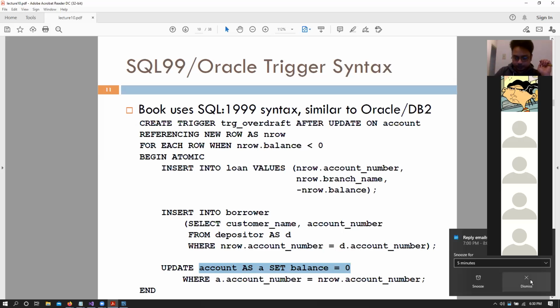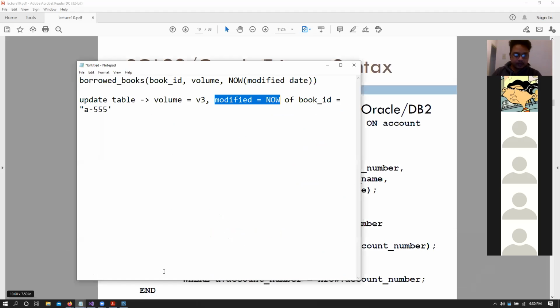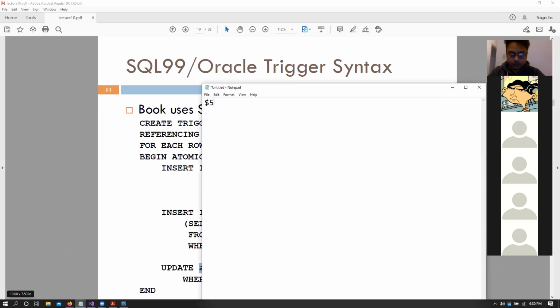Why can it not be zero? My account balance is zero because, basically what I'm saying is, I had $5. I withdrew $30. Forget about the overdraft fee for now. So the account balance now becomes $0, right?